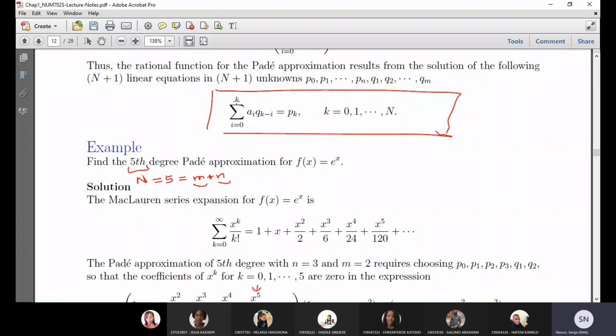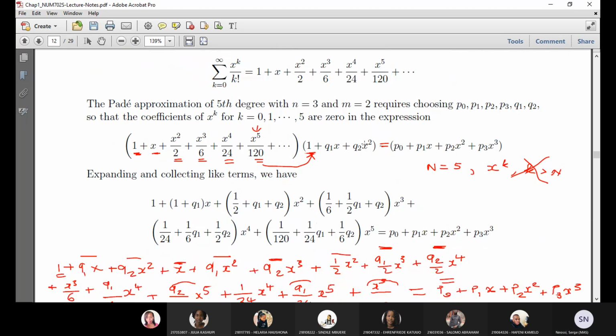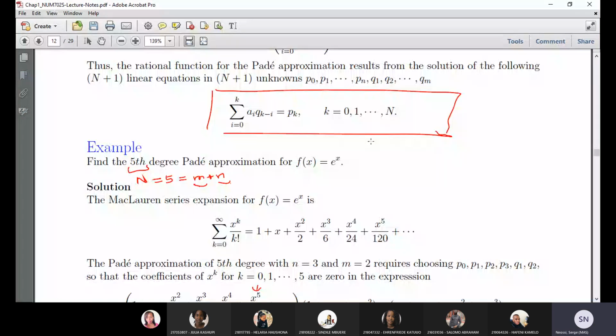Now in this formula, when K will be equal to 3, right? Because remember K goes to 5. So K will take the value 3, 4, and then 5, right? But here it stops at 2. But now in the formula, when K will be equal to 3, I will take the summation here up to